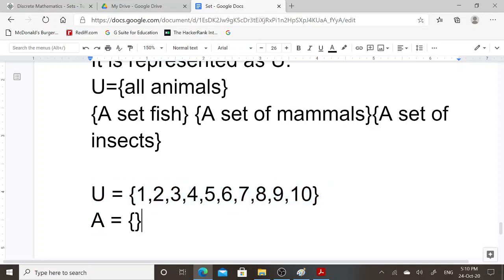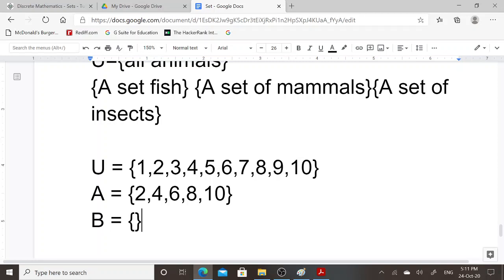Set A contains all even numbers less than or equal to 10, that is 2, 4, 6, 8 and 10. So this is the set A which contains all even numbers 2 to 10.